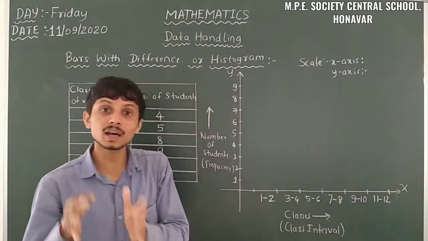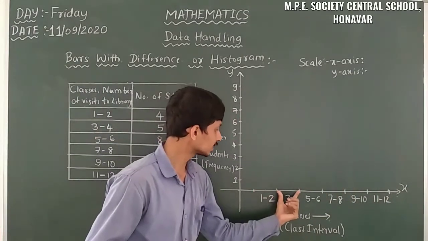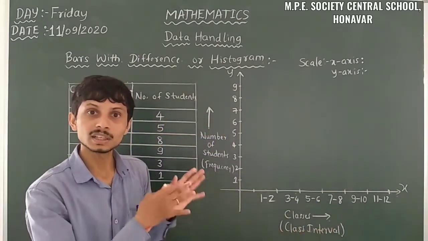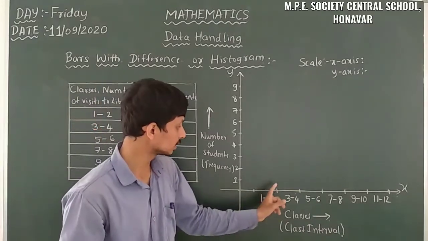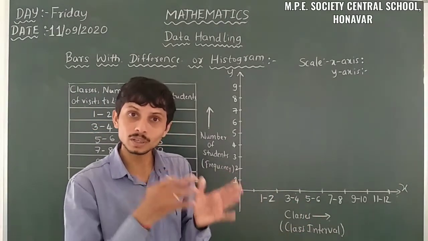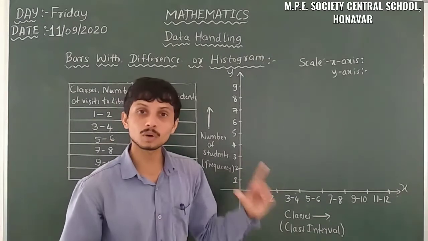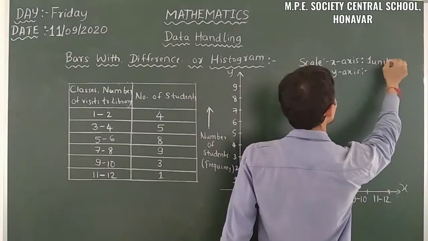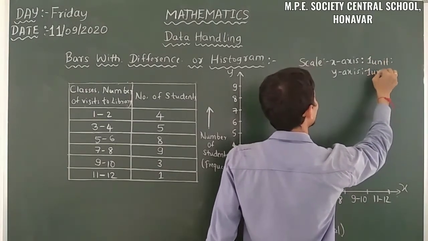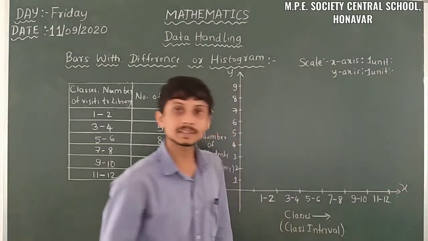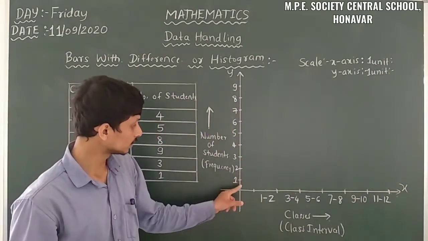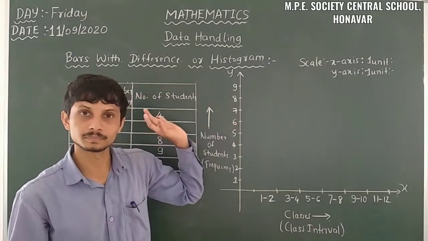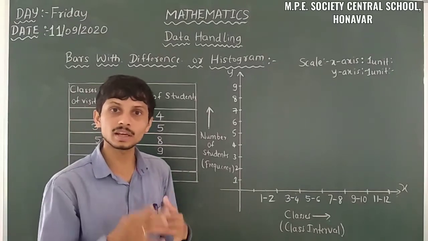So that means each is one unit. This is 1 unit, this is the second unit. Each has a unique width, that means each has a unique distance. From this to this having unique width, so we call it 1 unit. Each one has 1 unit. We have to measure the 1 unit here. Here also, this is 1 unit, this is 1 unit, 1 unit, like that. All are equidistant, so that's why we are taking it like that.